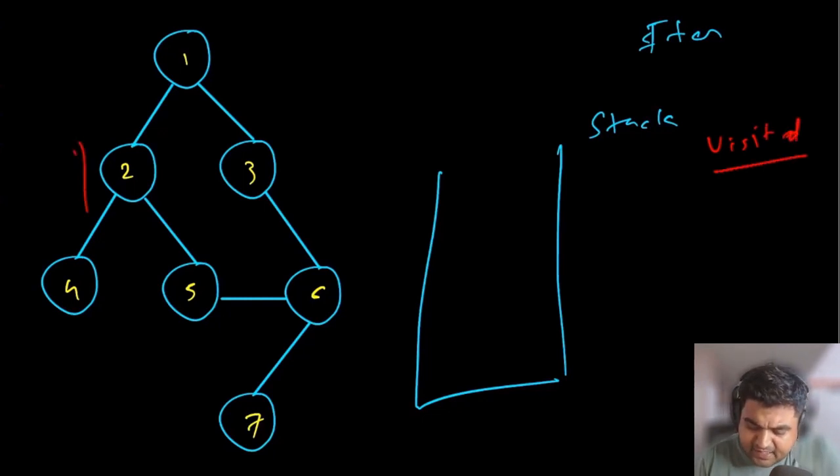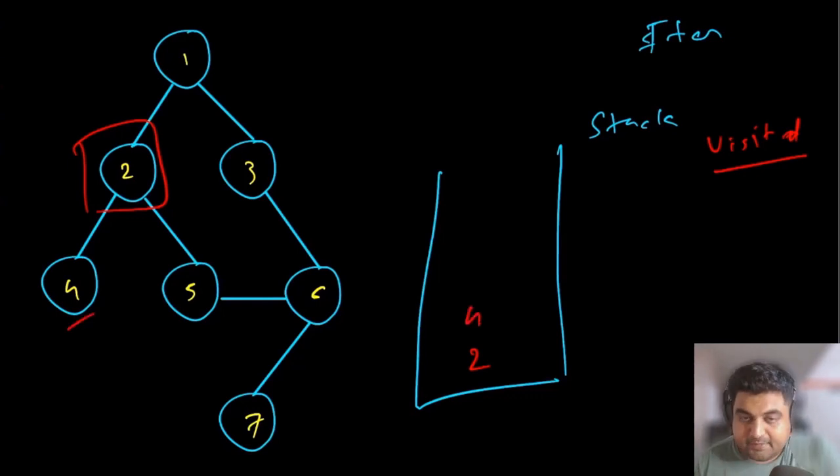Say for an example, we start traversing from node number 4, node number 2. We put node number 2 in the stack. Now who are the neighbors of node number 2? So first neighbor is node number 4. Okay, now who are the neighbors of node number 4? None, because node number 4 does not have any neighbors that we have. And also we are going to mark 2 and 4 as visited. Now because there are no other nodes that are not visited and are neighbors of 4, then we are going to do a pop operation. So the first node we are going to pop out is going to be node number 4.